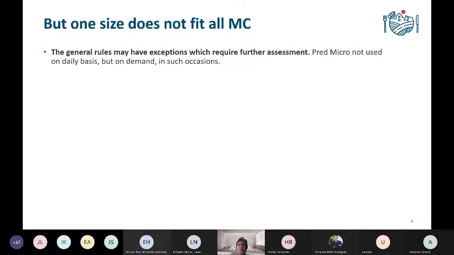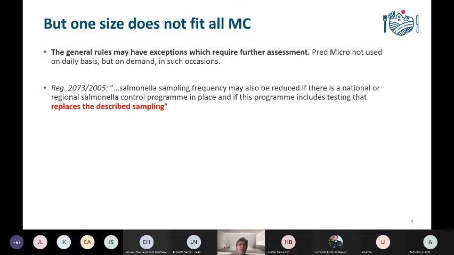And so even though predictive microbiological modeling may not be used on a daily basis, it could be used on demand in such occasions where some further assessment is needed, for example, when there are some exceptions to those general rules. And those exceptions could be, for example, exceptions for small businesses, for small operators, and one exception is also that if there is